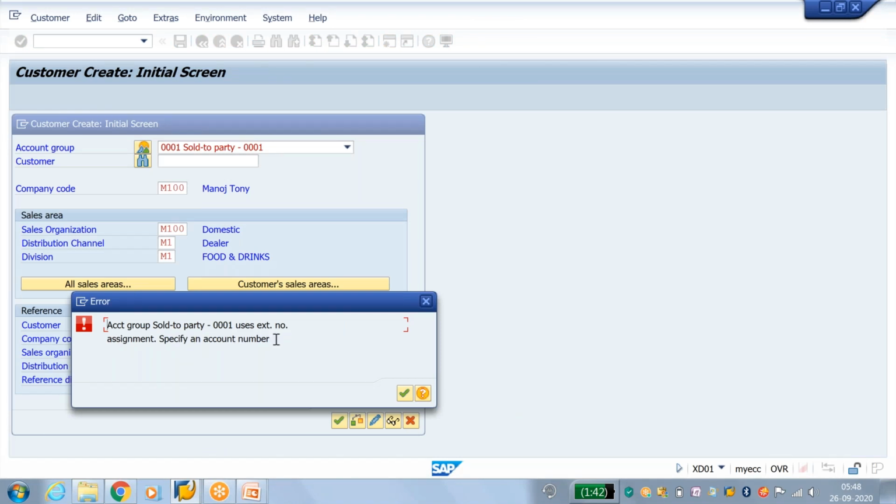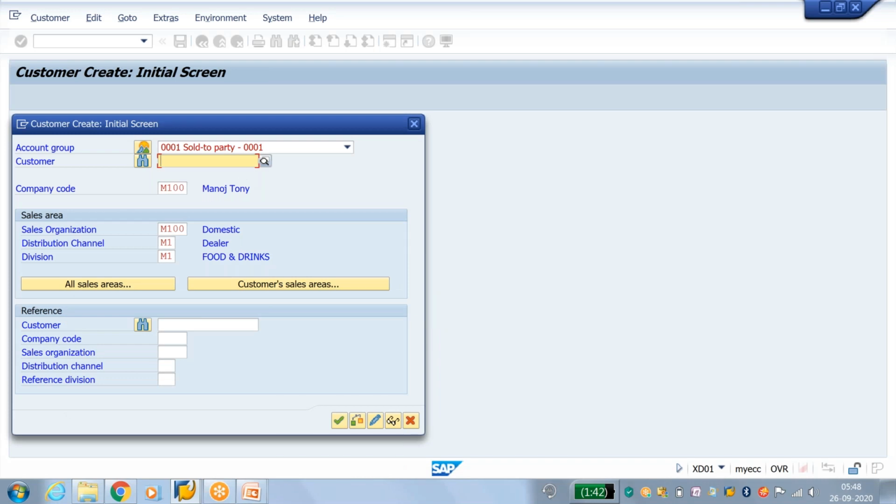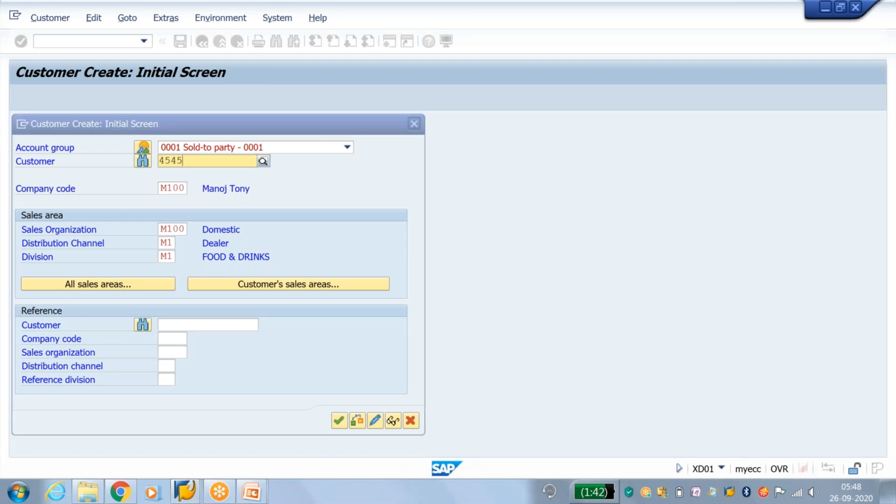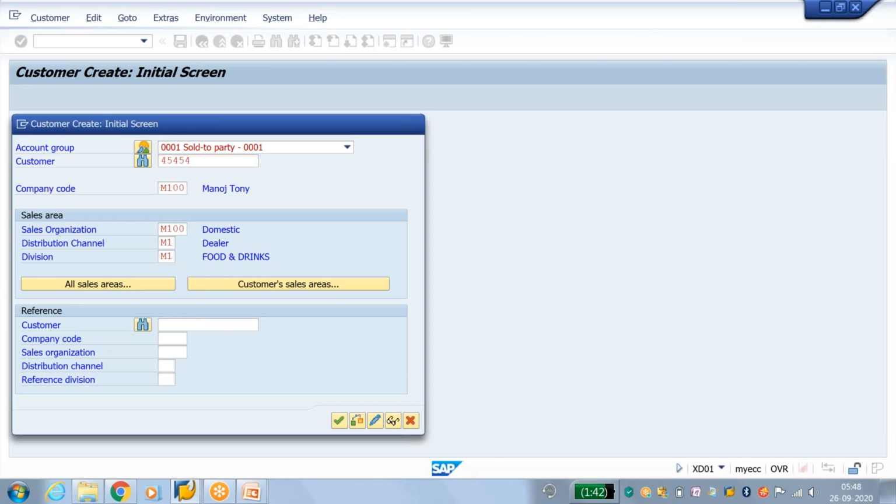Specify an account number. Now we don't know what the number range assignment is over here. If you don't know, give any number. If you enter any number, then when you press enter, the system will specify which interval needs to be assigned.